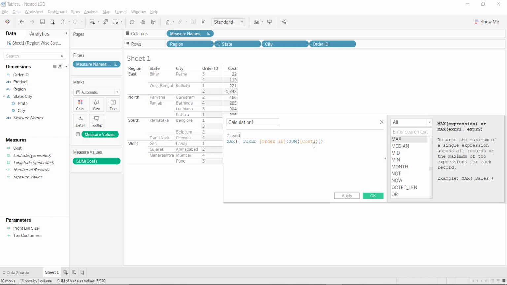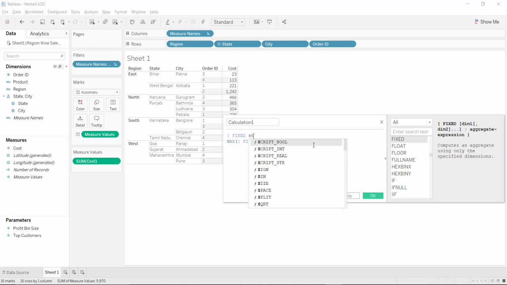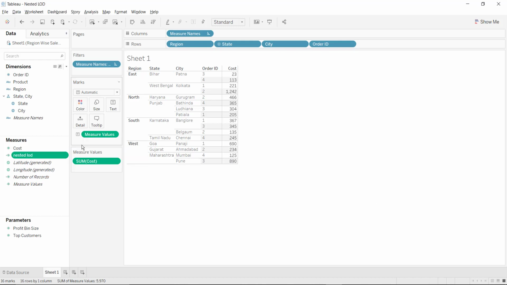So again fix at the level of state, colon, and let me close that one. Nested LOD, let me rename it properly. Click on OK and just double click.